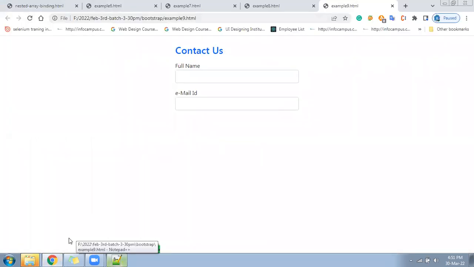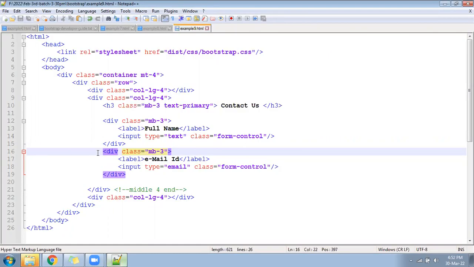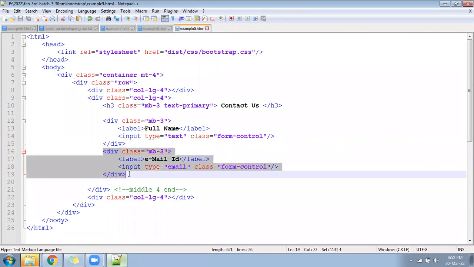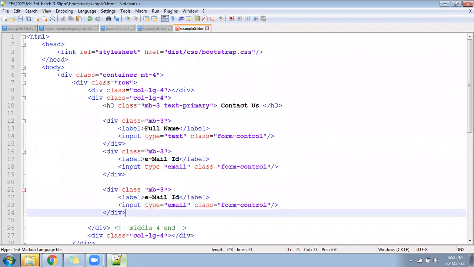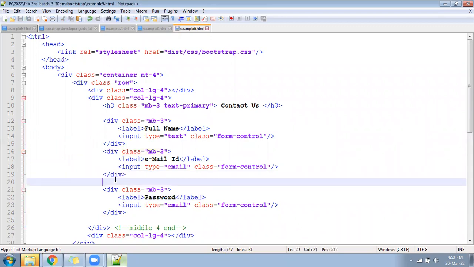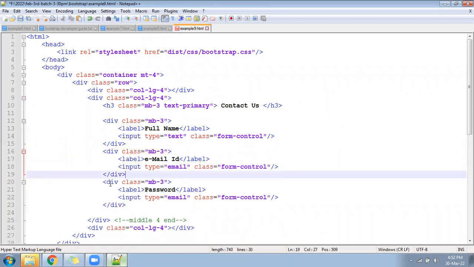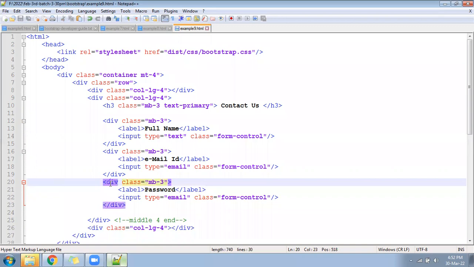See how clean it's looking. Right, and next here, the password. Change type as password.